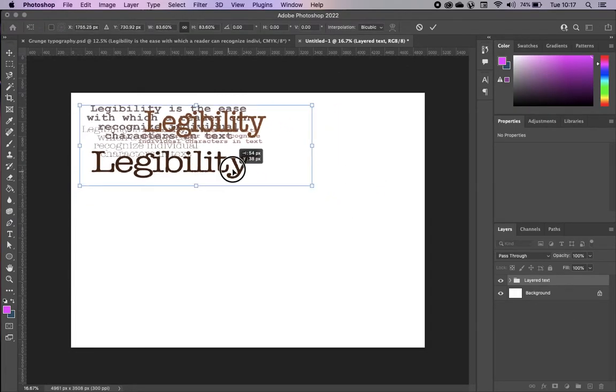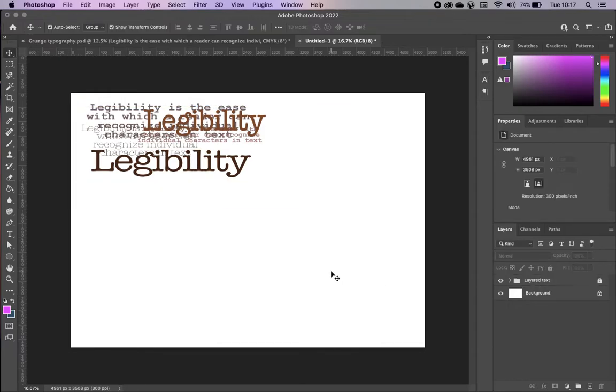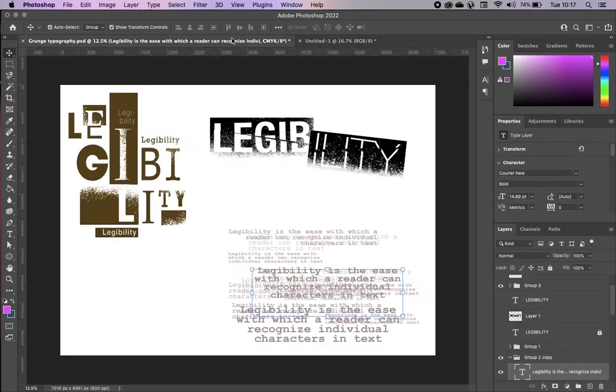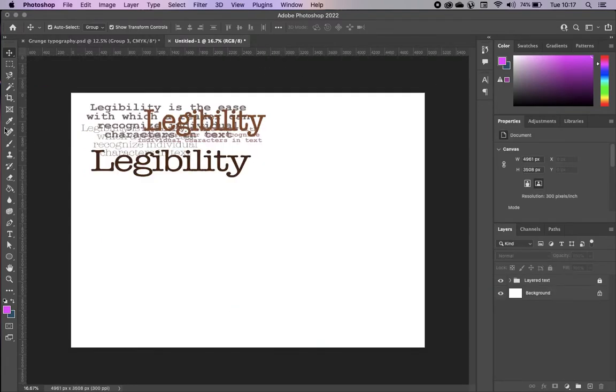I'm going to make that a little bit smaller and just put it to one side, and I'm going to lock it as well so that it doesn't shift around. Now I can hide that if I want to put it out of the way, but I think it's fine there. Next one we'll do is this one here. So if I go back to my new document,